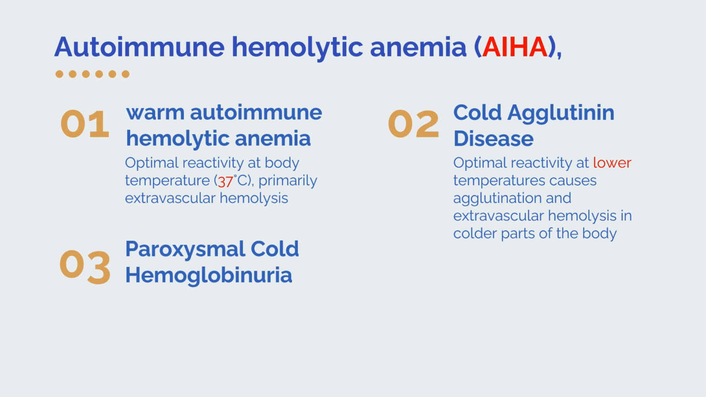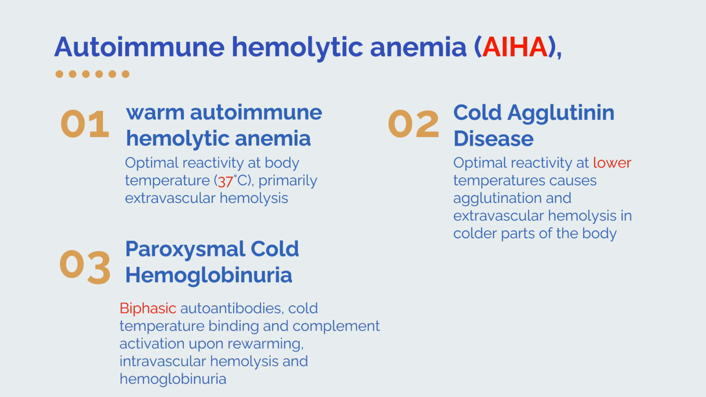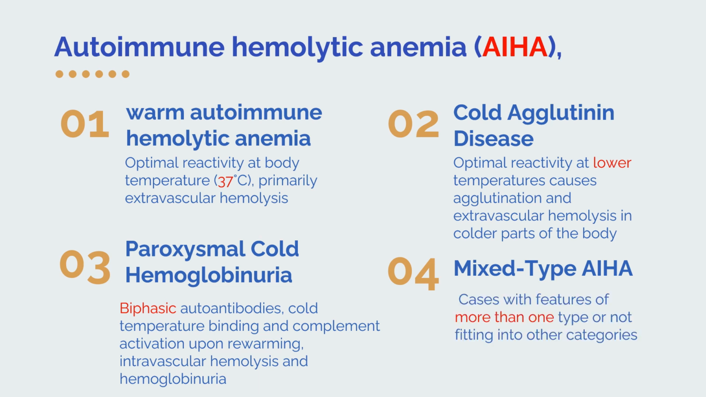Paroxysmal cold hemoglobinuria is another type characterized by the presence of biphasic autoantibodies. These autoantibodies bind to RBCs in cold temperatures and later activate complement upon rewarming, leading to intravascular hemolysis and hemoglobinuria. Finally, we have mixed-type autoimmune hemolytic anemia. This category includes cases that exhibit features of more than one type of AIHA or do not fit into the other categories. These distinct categories help classify AIHA based on the characteristics of the autoantibodies and the observed patterns of